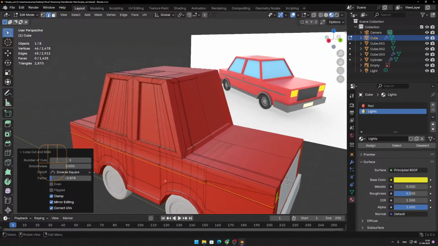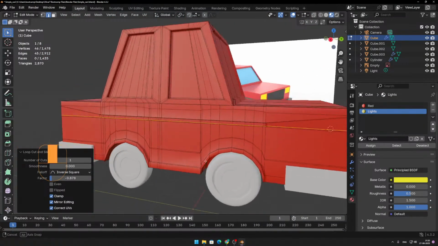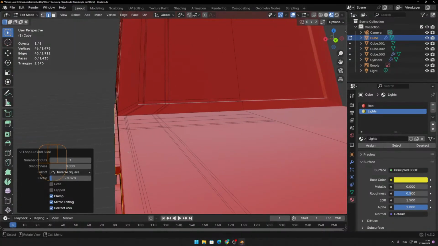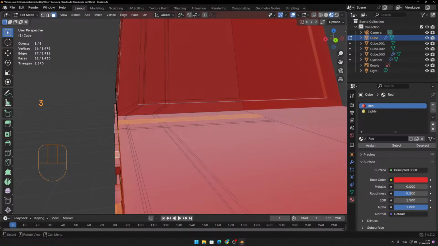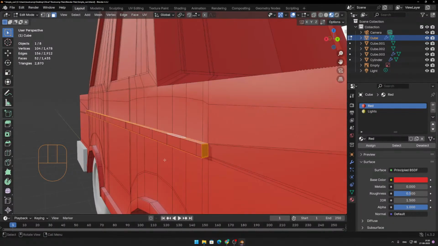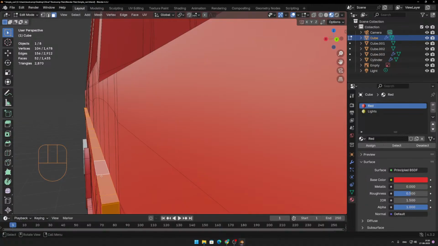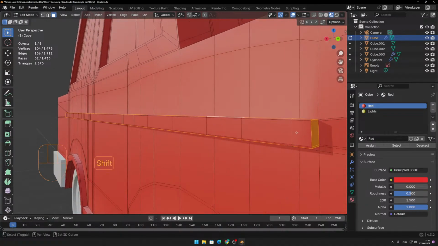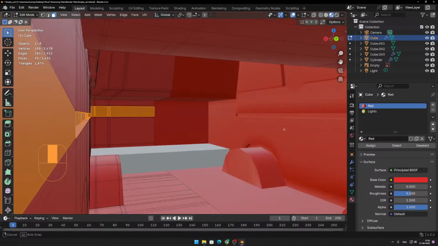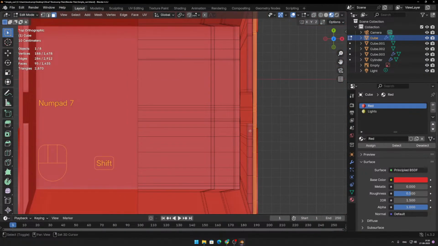Okay, next up is the spoiler thing here. So I'll just click on one edge and alt select the one next to it. And that should select the whole range. But that's not what I want right now, I can see. So I'll just